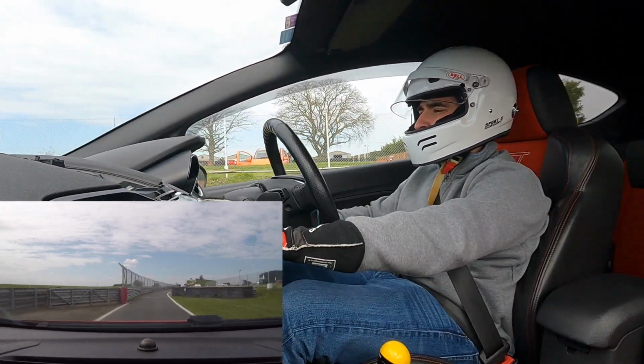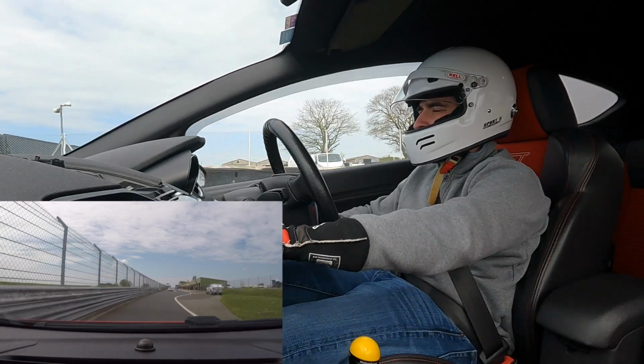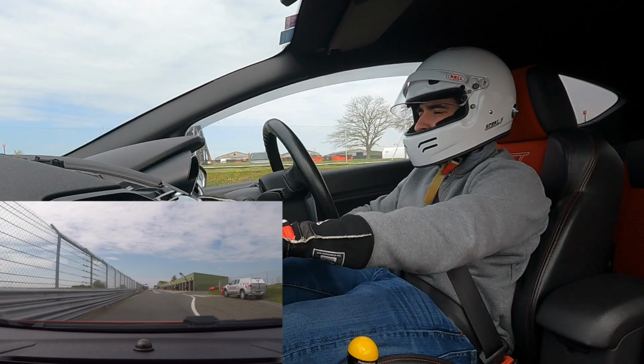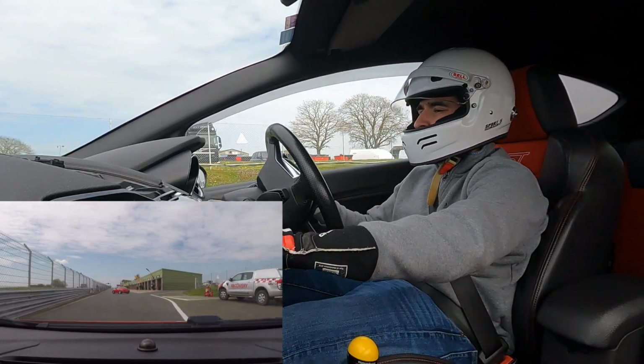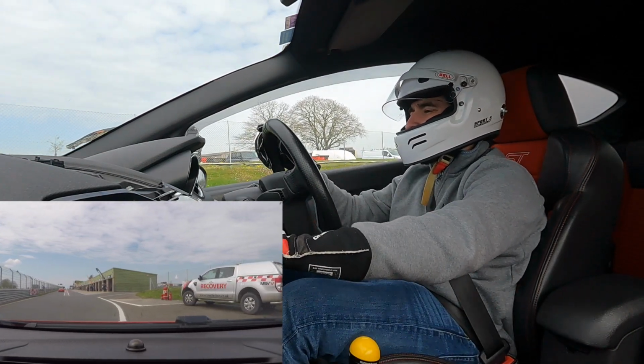Yes, the Fiesta has a front crash sensor on the front of the bumper, and of course hitting that curb a little bit exuberantly meant the car went into limp mode with the hazards going, and where I decided to stop wasn't the best place. Yes, I decided to block the pit lane entrance, and yeah,